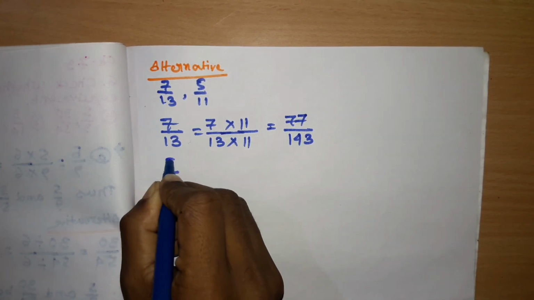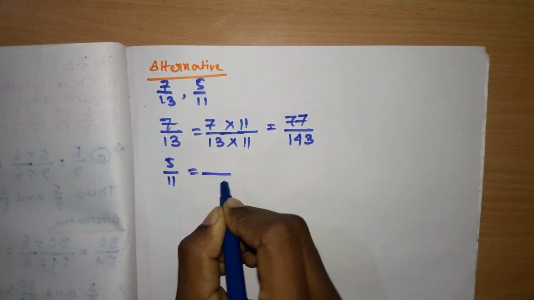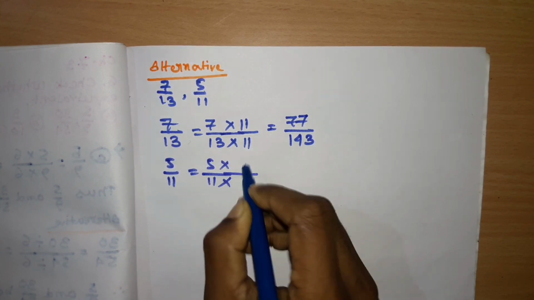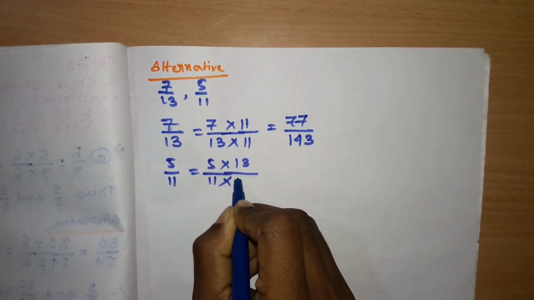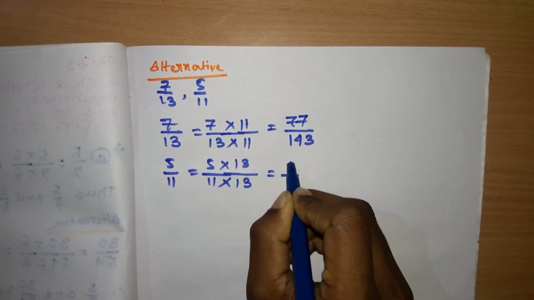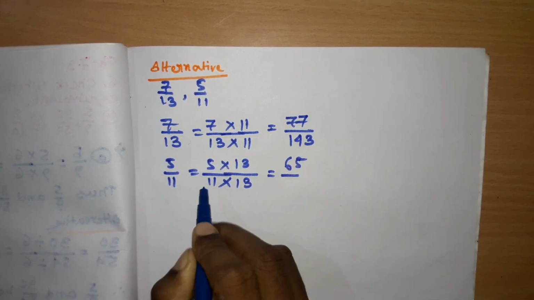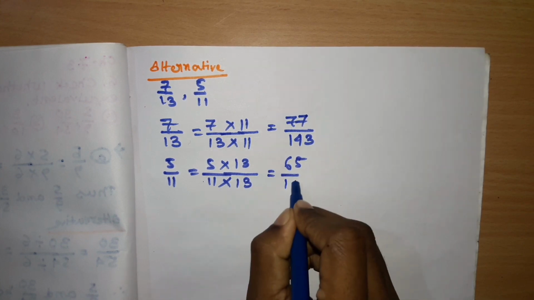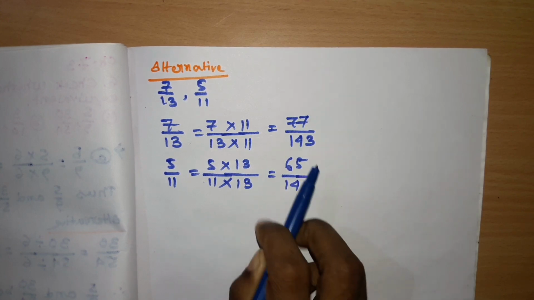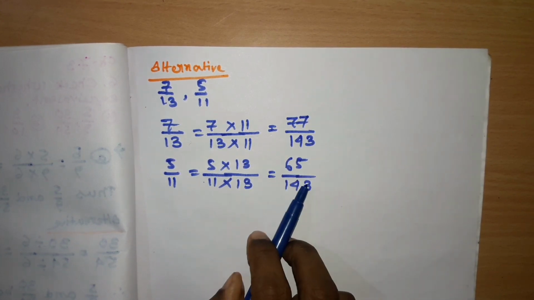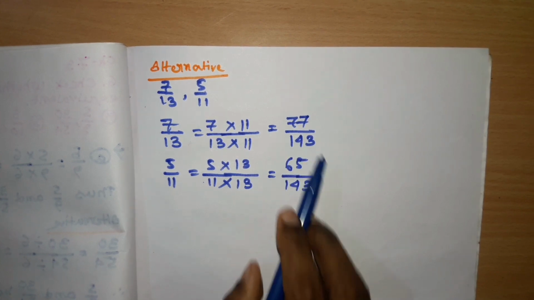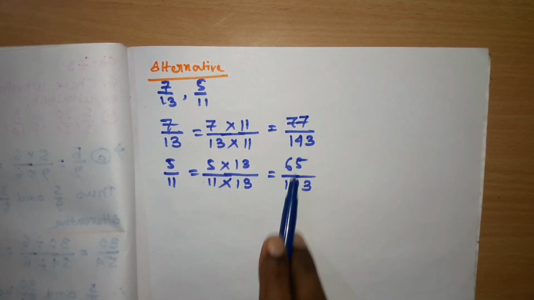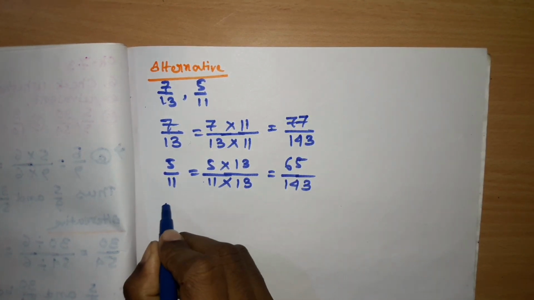Next is 5 by 11. Now we have to multiply it by 13. So this is 65. And 11 13s, we are getting 143. So we made the denominator equal. Okay, in both the fractions the denominator is equal, but the numerators in both the fractions are not equal. So thus